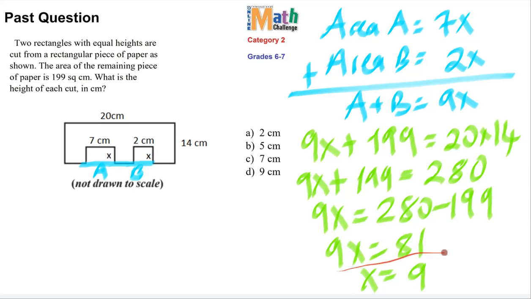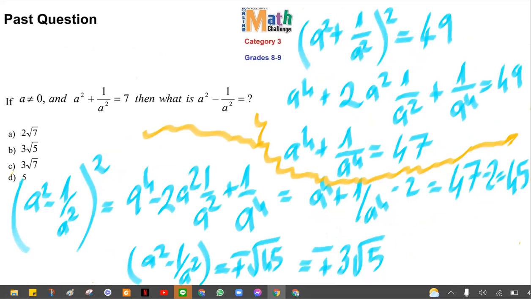If 9x is 81, x is 9. So this is, okay, good. So next one,